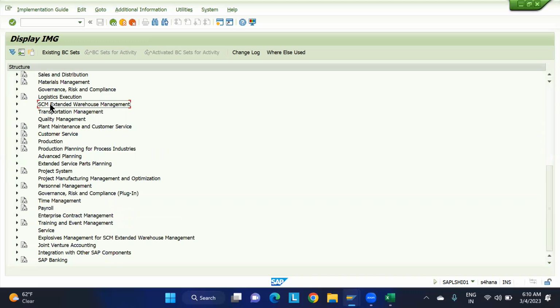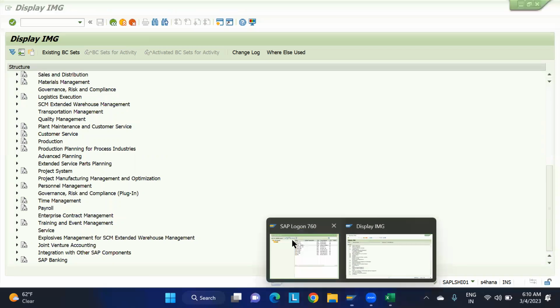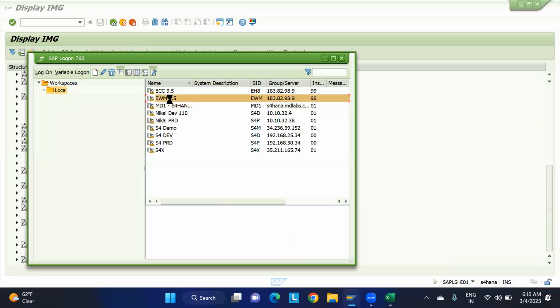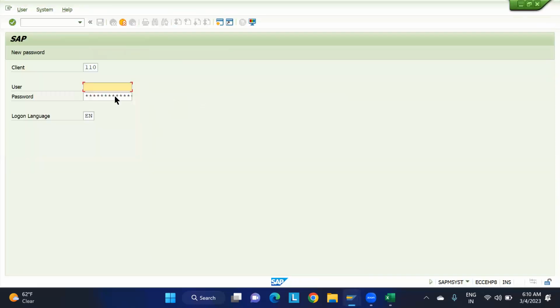Okay, for EWM, you have to go here in the embedded. We'll get all the things in only one system, as we have discussed. Here we need to go to this particular node, SCM, Extended Warehouse Management. If I open the decentralized, you can see